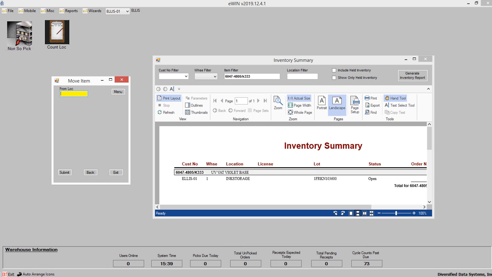Okay, the next step is to move the ink to the press. We move it rather than pick it, because when we move it, the entire quantity is transferred to the press. That allows us to pick the amount that we want to use against our docket and move the remainder back to storage. Like the put away, I start with my from location,